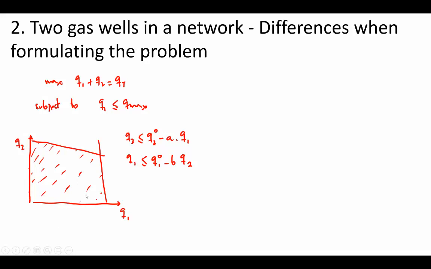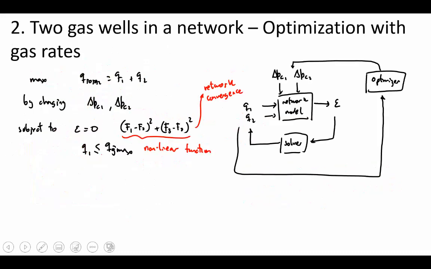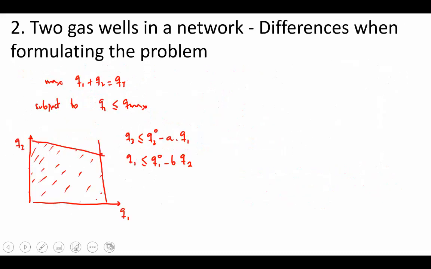Okay, Q1 has to be less than that, and Q2 has to be less than that, and essentially that's the problem. So you see now, we could transform this problem from a nonlinear problem to a linear problem, which is much simpler to solve, or we have more efficient methods to solve that than for a nonlinear system. We don't have to estimate gradients, simply we can apply simplex, for example, and then we can solve this